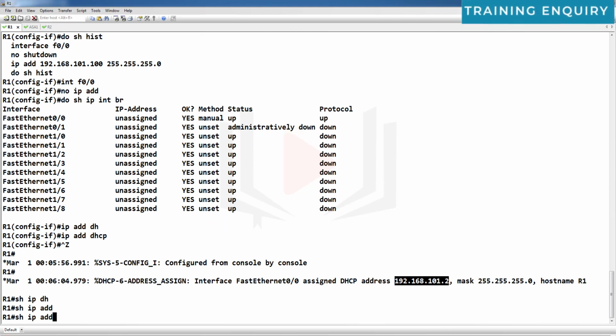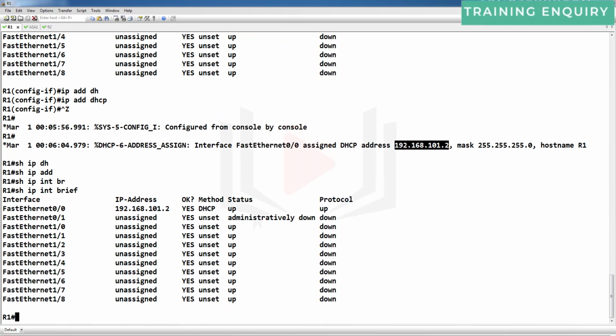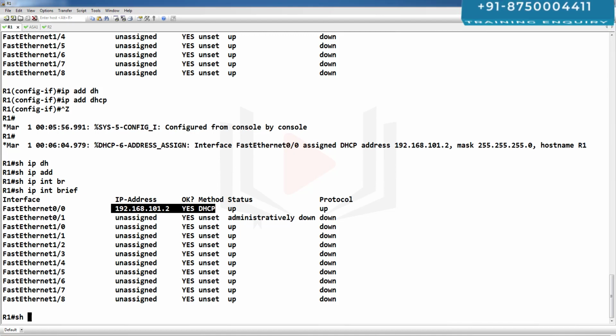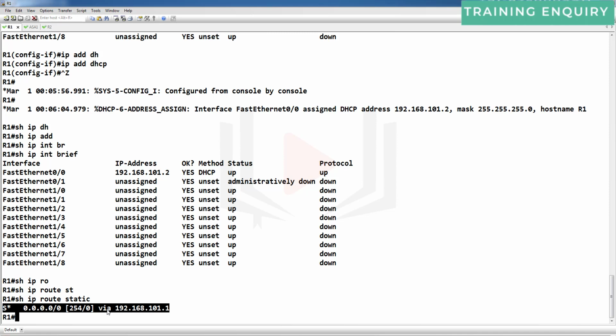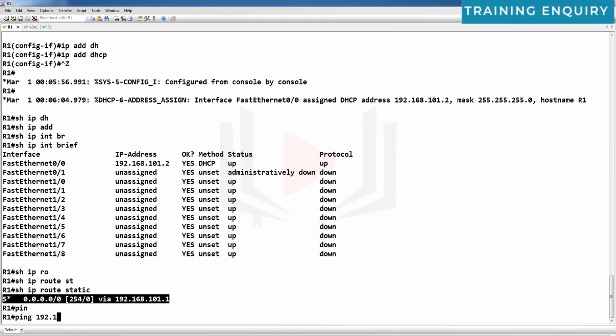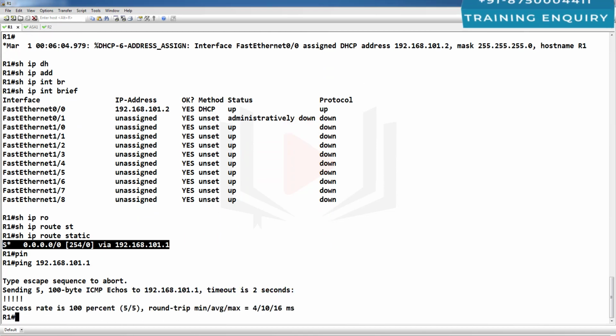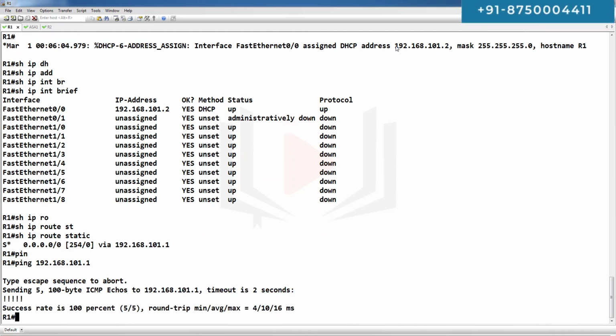Show ip interface brief. Yes, now you can see here which IP address: 101.2 via DHCP. Show ip route static, gateway option 101.1, and now it can communicate with its gateway. Done.